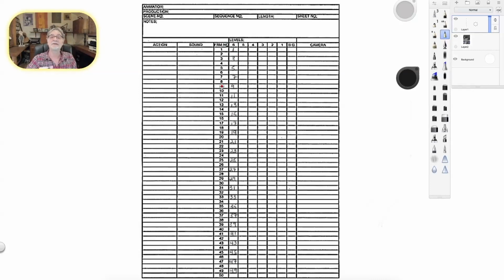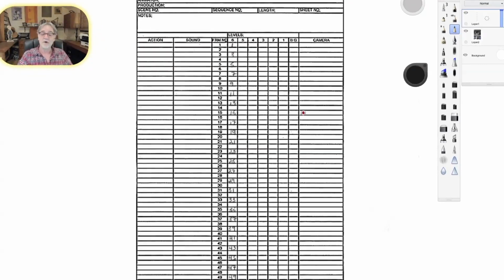But putting all these numbers down means I got everything on 2s. And 2s means when you're animating and you got a normal action or a slower to normal action or a very slow action, you just do one drawing per 2 frames, and that's what this means. So this is all on 2s right there. So don't worry about this. This will just help you out. This is what lets me know where these all fall.